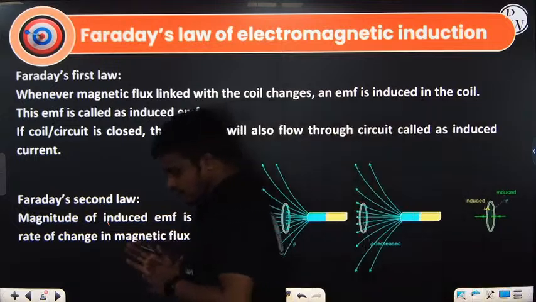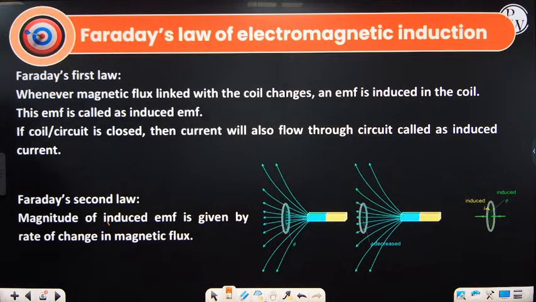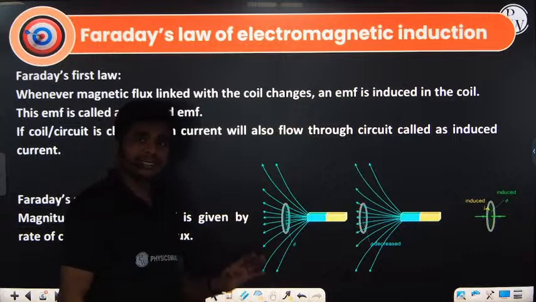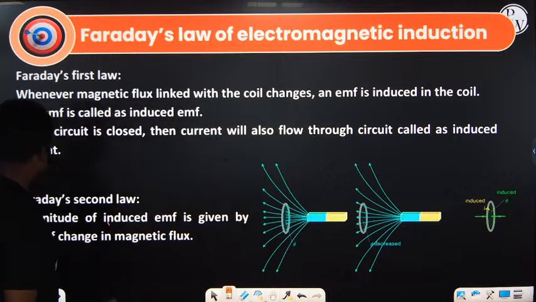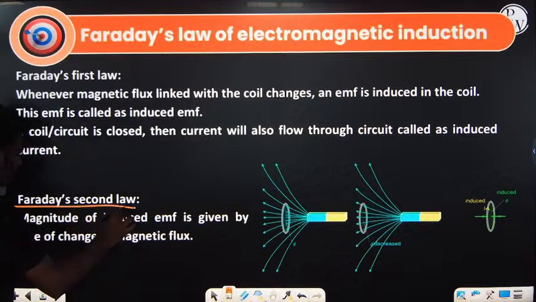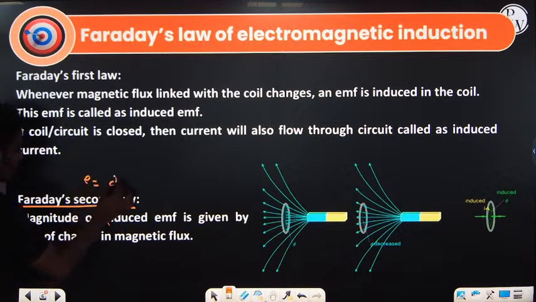And this is also given by Faraday's laws of electromagnetic induction. The first law is that whenever the magnetic flux linked with the coil changes, then EMF is induced. If the coil is closed, then current will also be induced. Faraday's second law says that whatever the EMF that is induced is given by E equals d